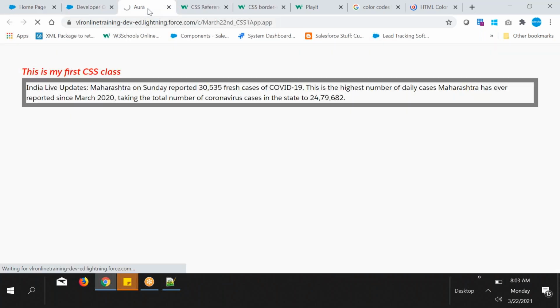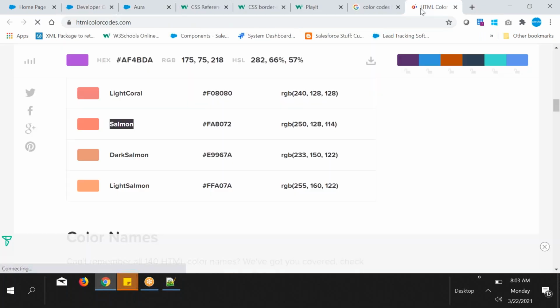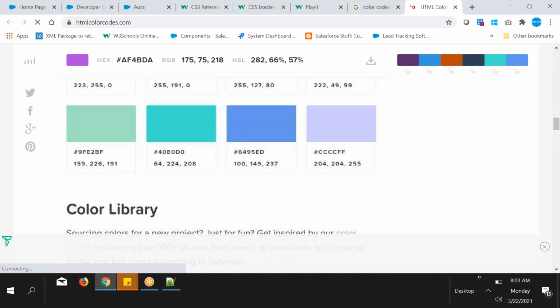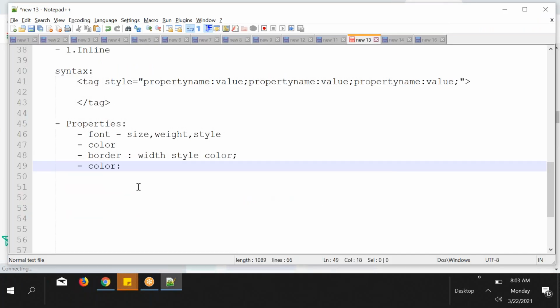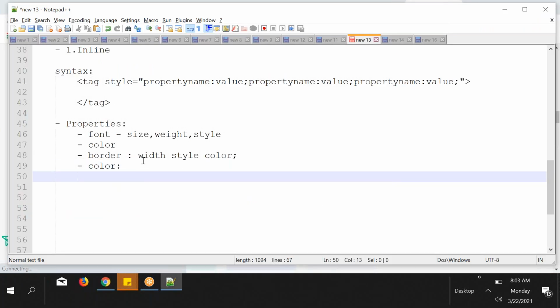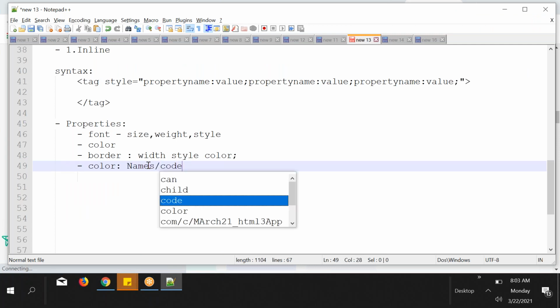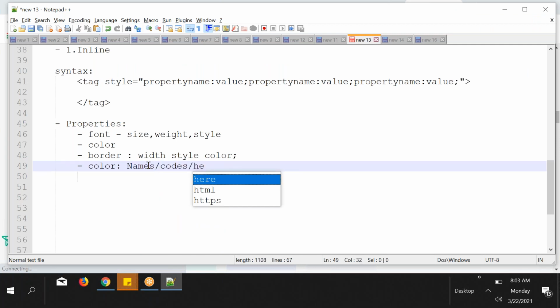Go and refresh it. So it will be the salmon color. Okay, like this, color names. So you can define a color with names or codes or hexadecimals. Okay, we will see all.